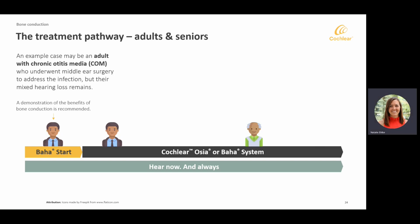Our next example would be an adult. This adult had chronic otitis media, underwent middle ear surgery to address the infection, but the mixed hearing loss remained. So here, the best choice would be to provide an implantable solution, such as OSSEA after an evaluation and demonstration using Baha Start. A systematic review of 1,390 patients concluded that hearing rehabilitation through middle ear surgery is typically unsuccessful